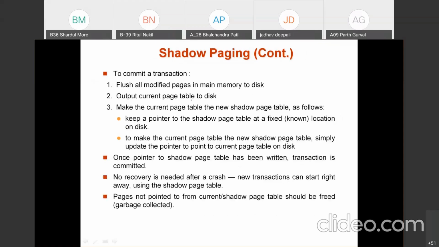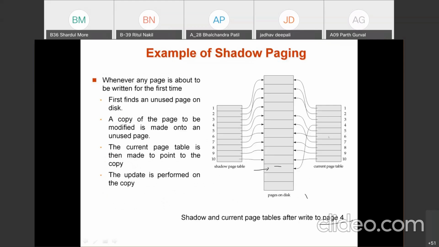Now make the current page table the new shadow page table. Copy this current page table to the shadow page table as it is. Now next, if we want to update page number 2, then again we find an unused page, copy the data here, the pointer points to this new page, and make the changes here.